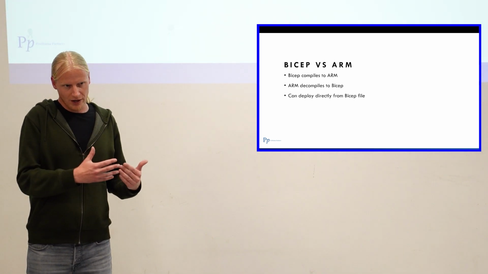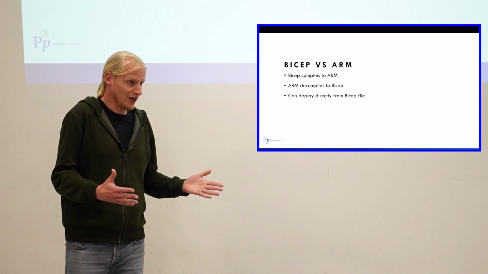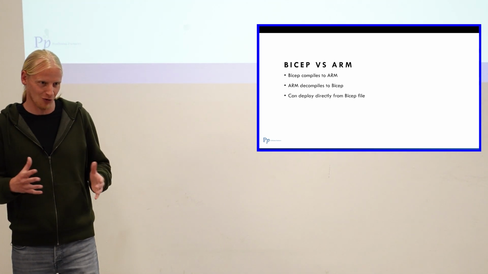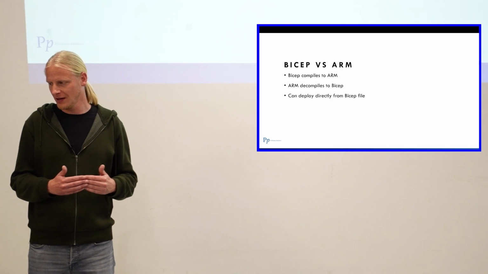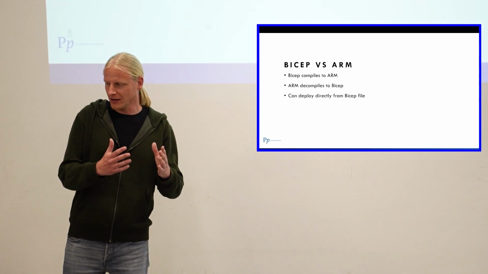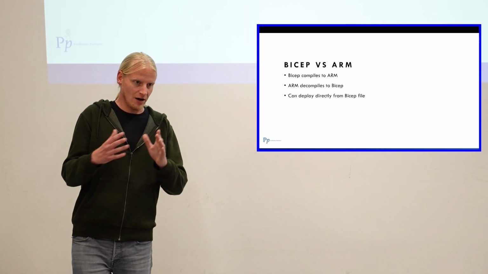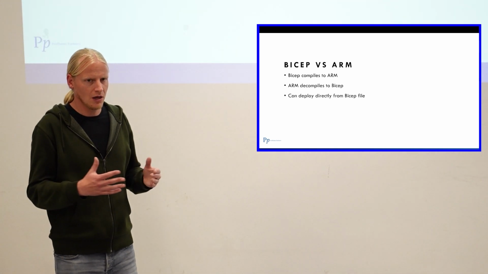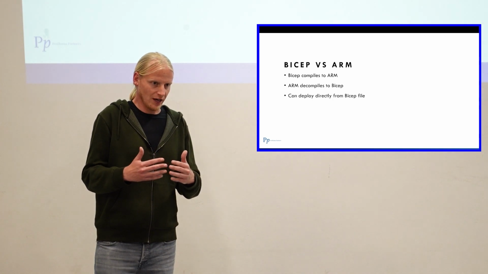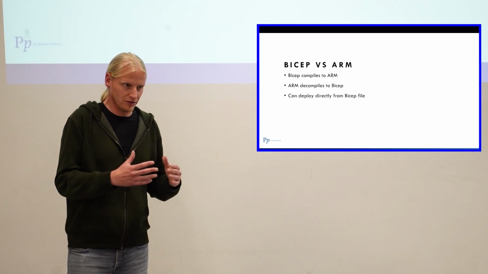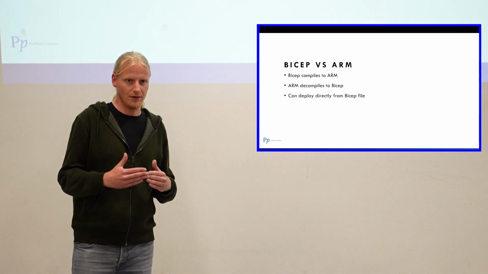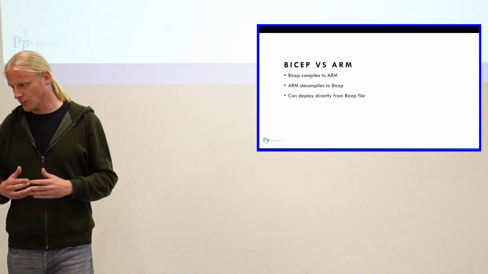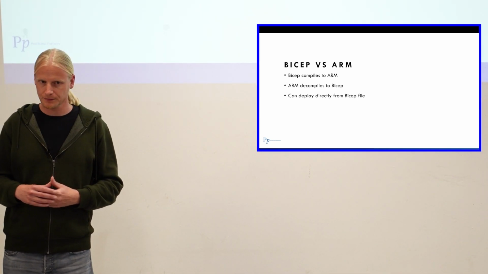I have to say, if you decompile them, then usually it needs some work to become readable. The decompile is not always ideal. But you also have, you can compile every Bicep file to ARM and then deploy the ARM file. That's one approach you can use. But you can also omit the ARM file entirely and deploy directly from the Bicep file. That's also a flow that's supported. It's often more convenient.